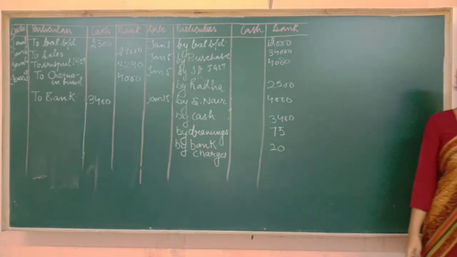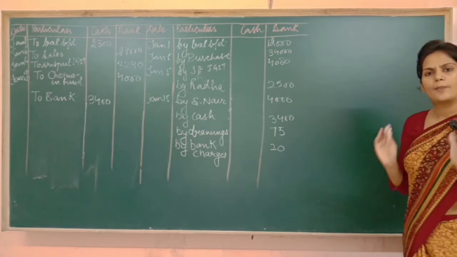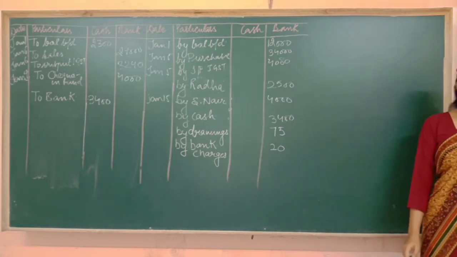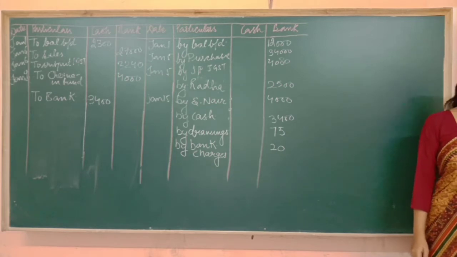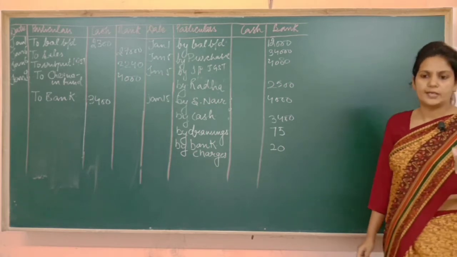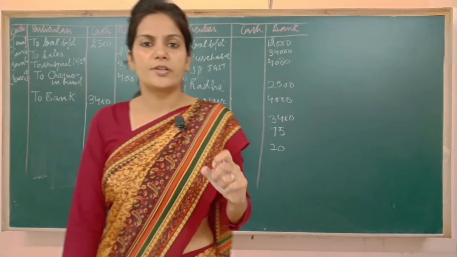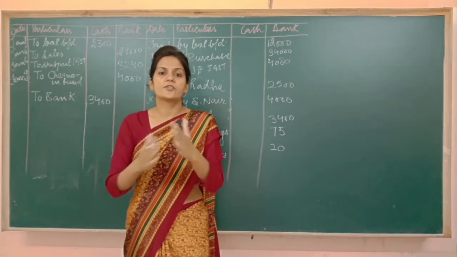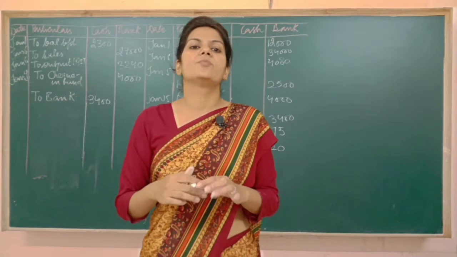Fine. Now before reading the last transaction, I would like to first of all balance the cash side. Okay, fine. Read it. Paid into bank the entire balance after retaining 700 at office. I repeat the line. Paid into bank the entire amount after retaining 700 at office. What does this transaction mean?